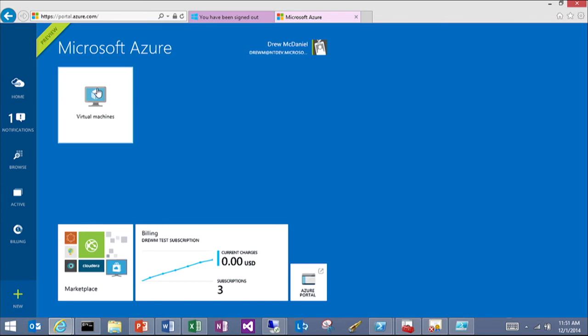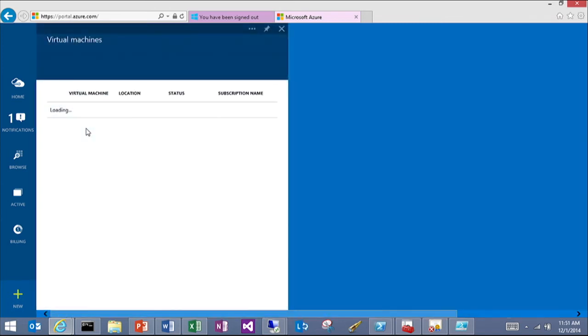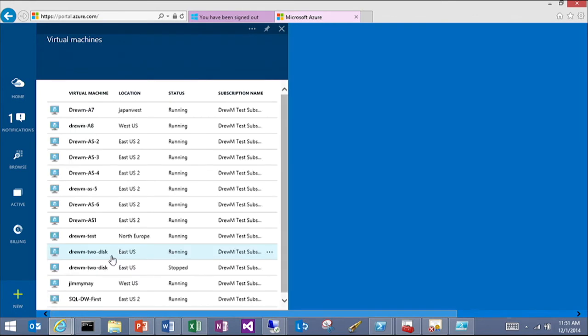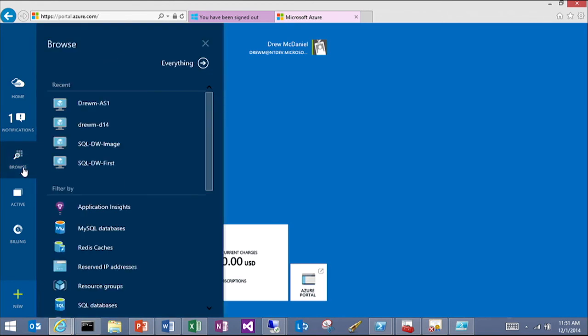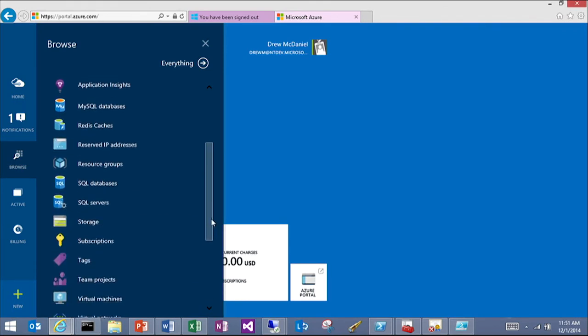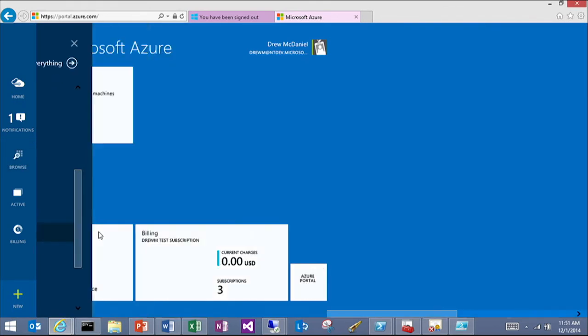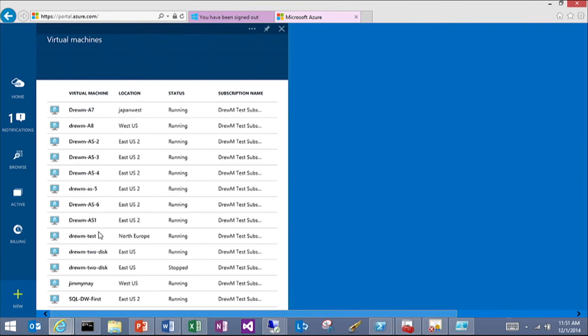So in the new portal, let's say I've got my virtual machine. We're going to go through and look at all the virtual machines. If we're browsing in the new portal, it's a similar model, but instead of having services, it starts from the action. And so we're going to browse to all of the different objects. We're going to come down here and select virtual machines. Now we get that view similar to what we had before. We can go to this AS1,